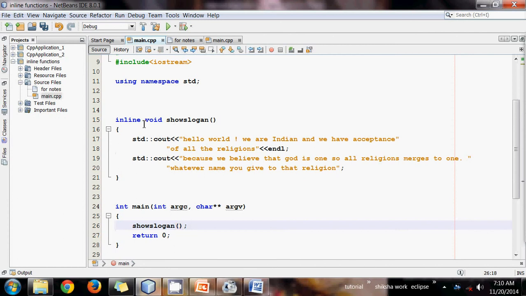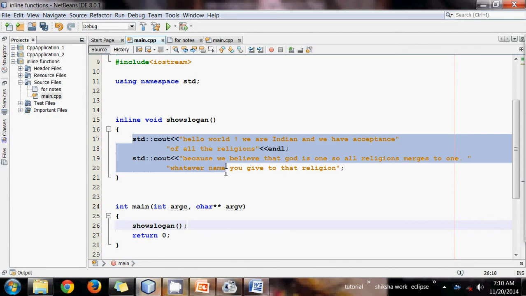Show slogan is inline, as we have prefixed the keyword inline in front of it. This is the method to make it inline, and show slogan is called in the main method. So whenever the main method calls show slogan, all this code that is selected will be extracted here,